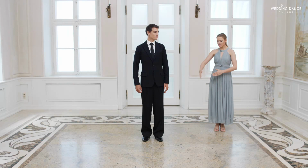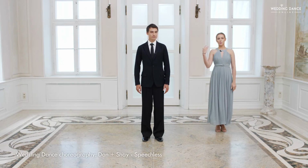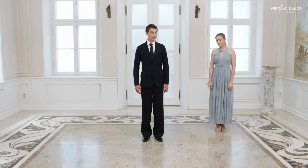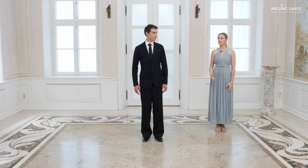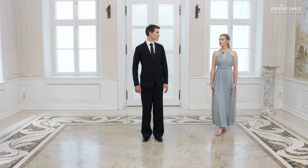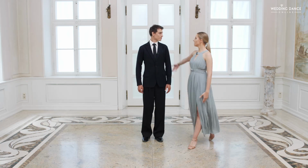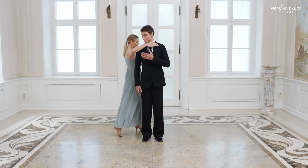The lady is going to start on the left side of the partner and behind him. You need to be more or less 2 steps away from him. As the music starts, you will start walking forward with natural everyday steps. Start with the right leg and go around the partner, counting 1, 2, 3, 2, 2, 3, 3, 2, 3, 4,